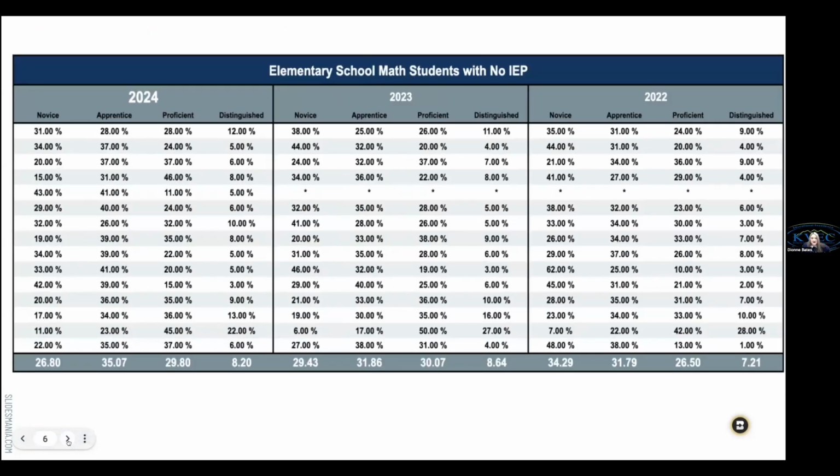So this one is the same thing, except I pulled this one for mathematics. So let's look at our rates. This is no IEP. So these are non-IEP students here. And I'll pause right there and let you all make some observations. What are you noticing about our trends? We're not really moving kids to the proficient and distinguished level. We're getting a few kids out of that novice, but they're still stagnant in that proficient and distinguished.